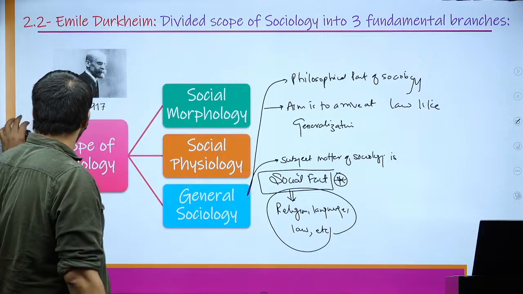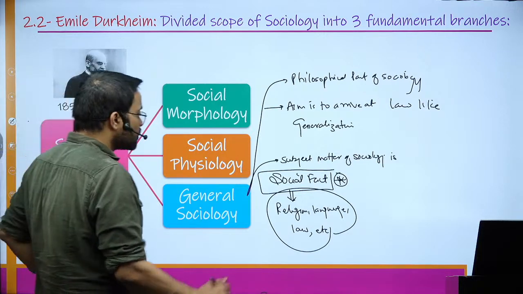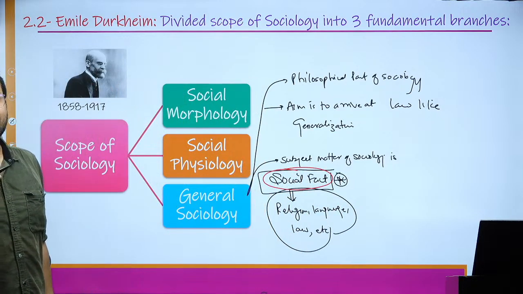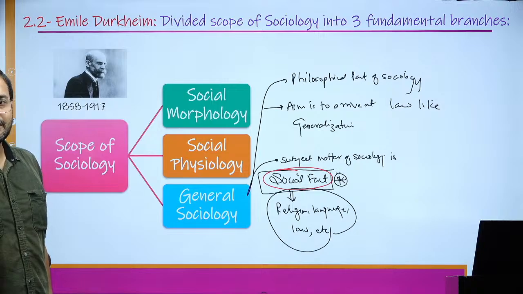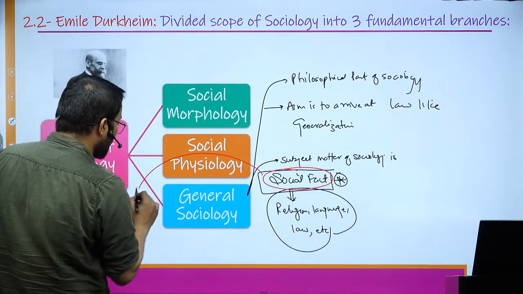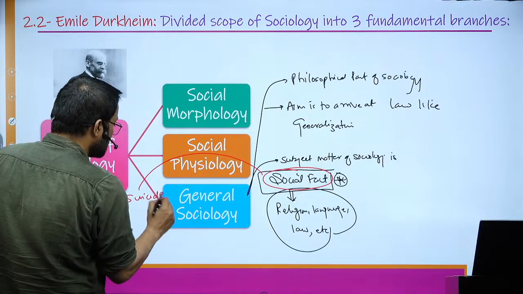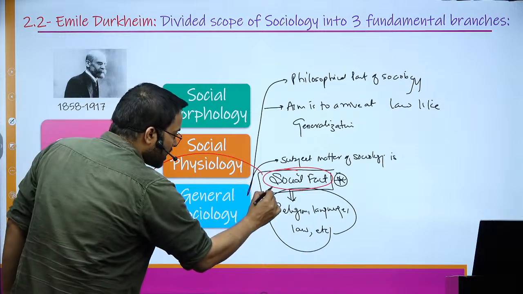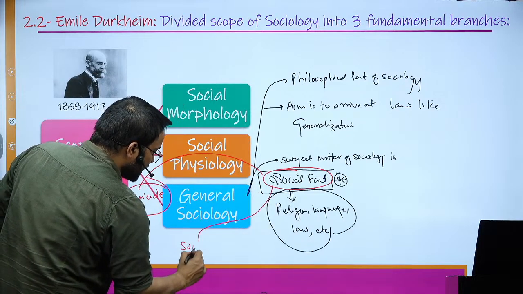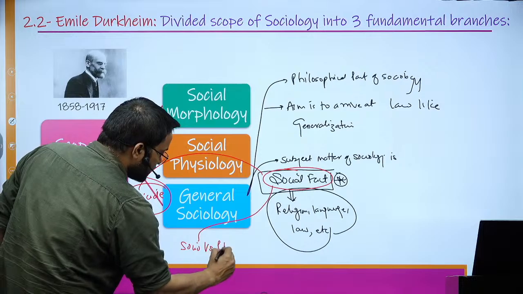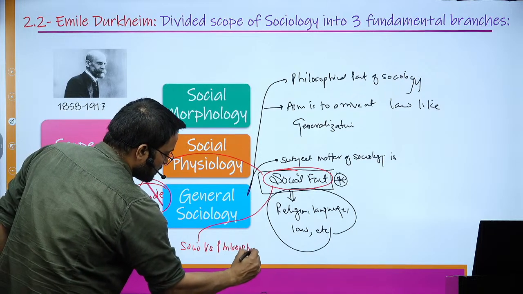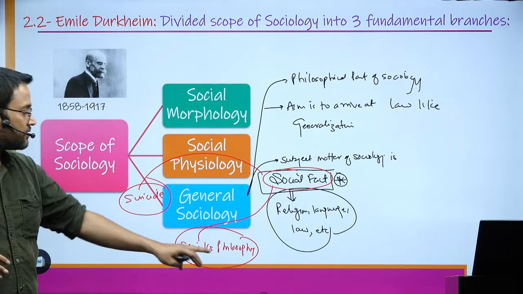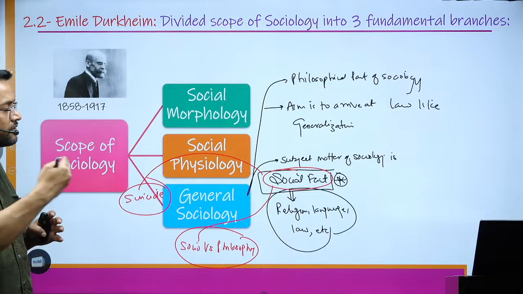So using philosophical concepts like social fact, Emile Durkheim was trying to understand society, trying to arrive at generalization. That is how he also said suicide is one of the social facts. When we talk about philosophy, again it shows a culmination of what? Sociology versus philosophy: a mutual exchange and coordination between sociology and other social sciences. One of them is philosophy also, because he was using philosophical concepts.